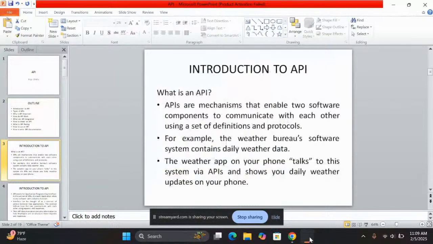So we start with the introduction to API. What is an API? API basically stands for Application Programming Interface. These APIs are mechanisms that enable two software components to communicate with each other using a set